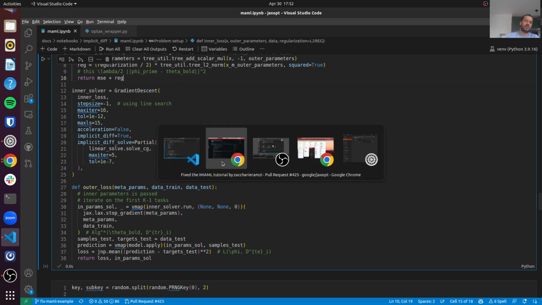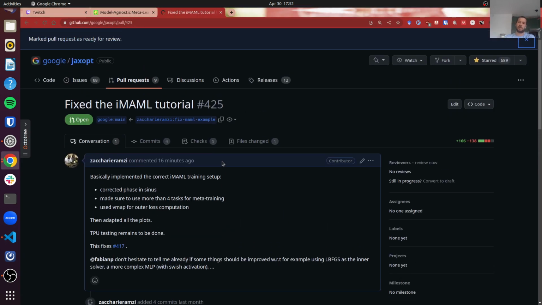I really love jaxopt as a library. I've been using it quite a lot recently for my own work. I was really lucky because I got invited to the sprints early this year, and the people at Google were really welcoming. So I really thank them for that. And I hope to continue